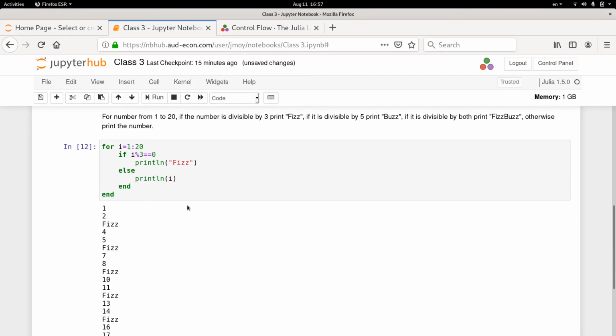So let's see what's happening here. So now inside the for I have an if else statement. So it says if, then a condition. i modulo 3 is the remainder that you get from dividing i by 3. Why do I have a double equal to? Because a single equal to is used for variable assignment. So for checking equality, you have to use a double equal to.